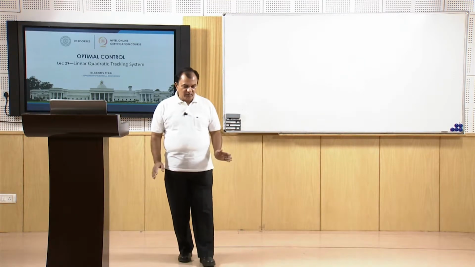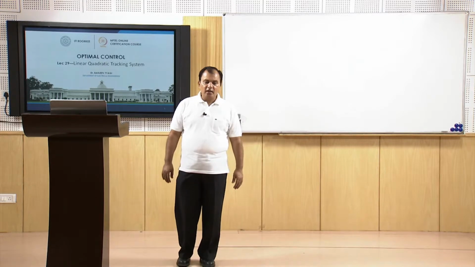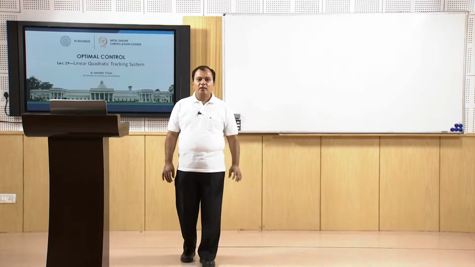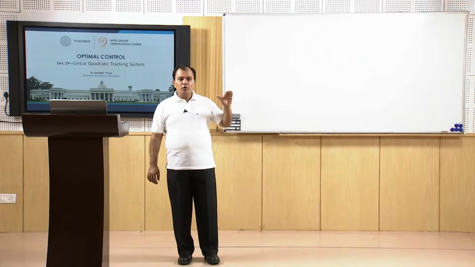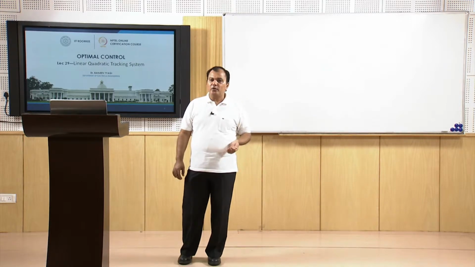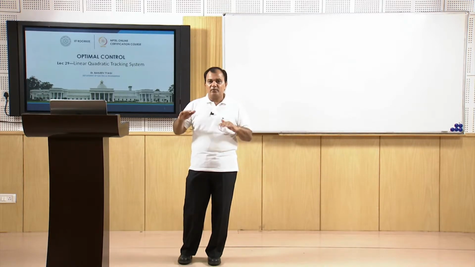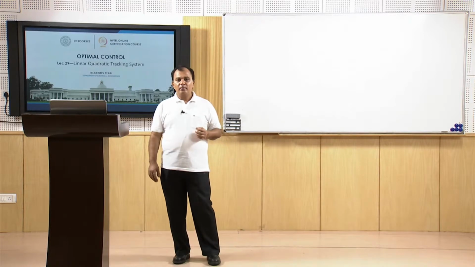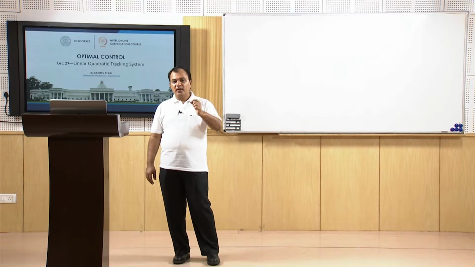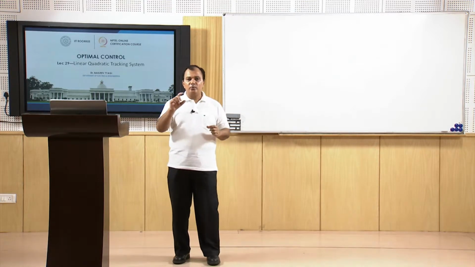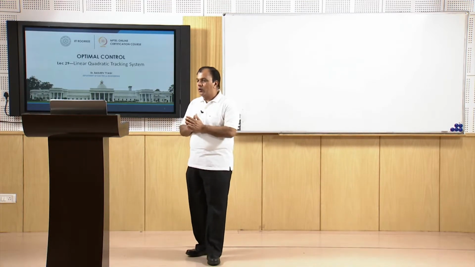Till now we have discussed the linear quadratic regulator problem in the previous lecture. In the regulator problem we try to bring all the states to the origin. There is no change in the reference input, which is considered to be 0. If the system is subjected to a disturbance, starting from any initial condition, we try to drive the system to the origin, that is, to its operating point.